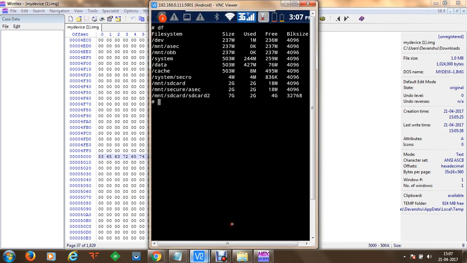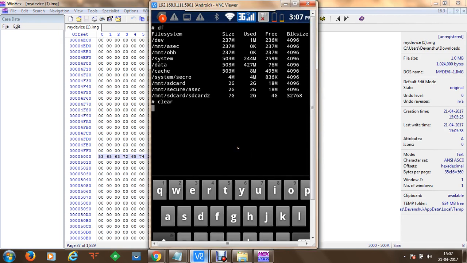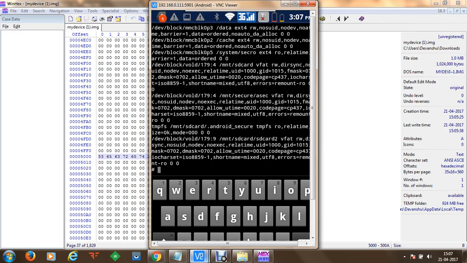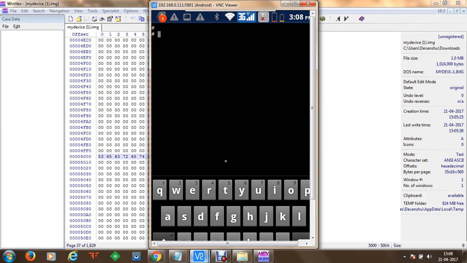Now if I take you back to the Android device, and execute the mount command, you can see with the help of this mount that the partitions, which are like memory block P2 and P3, are mounted onto a directory. All the contents of memory block partition 3 are now available in the data directory, and if you want to access that data directory, you can simply run cd data. Once you go to the directory, print working directory, we have to go to the / directory.